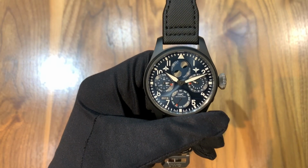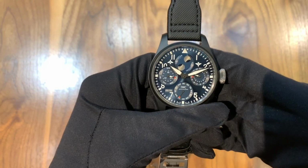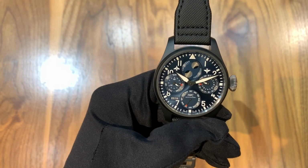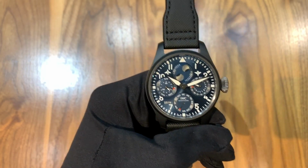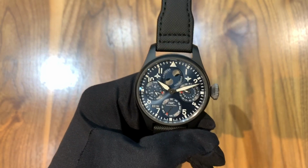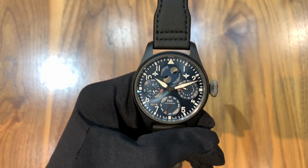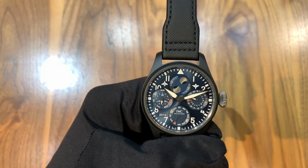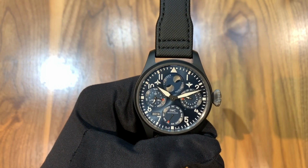And this was made because IWC's chief at the time that this watch was developed had a home in the southern hemisphere, and his moon phase complication was never right because they were biased towards northern hemisphere moon phase complications, at least the Swiss watch industry was. But he wanted to correct for that, so they made one that would be accurate